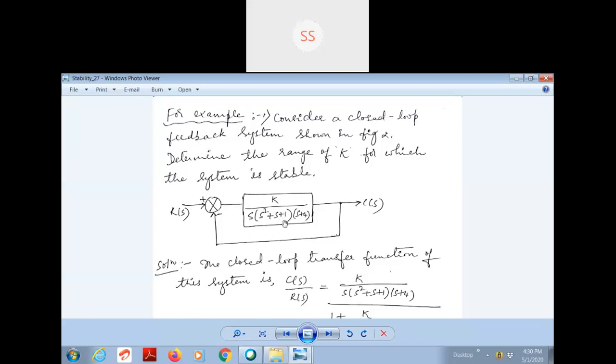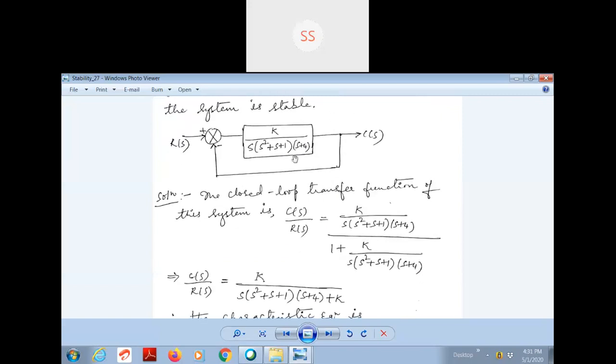Now still we don't know what value of k would make the system stable. We only know that when you construct the root table, the first column of the root array should contain only positive terms. So if and only if it contains positive terms, we will decide it is stable, otherwise no. So now in closed loop systems which have a unity feedback like this, we are making use of the root criterion to determine that k value, single value or range of values, which is going to make the system stable.